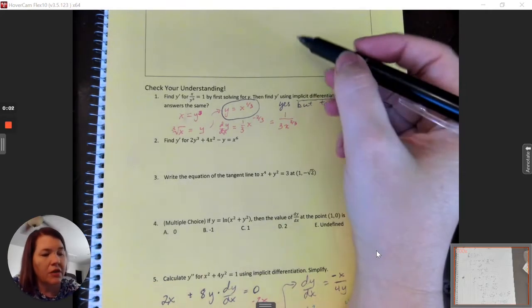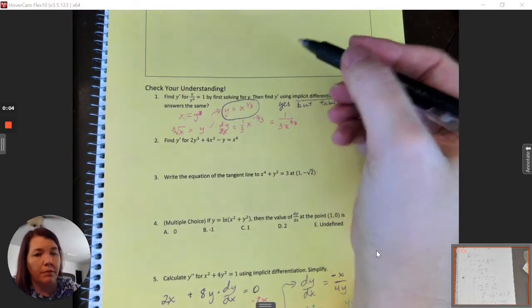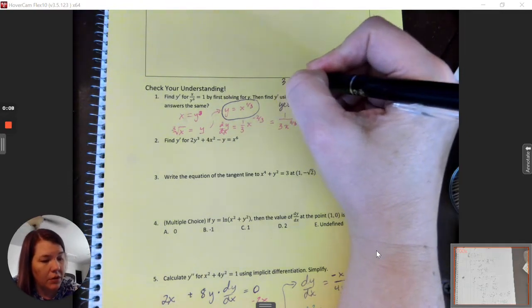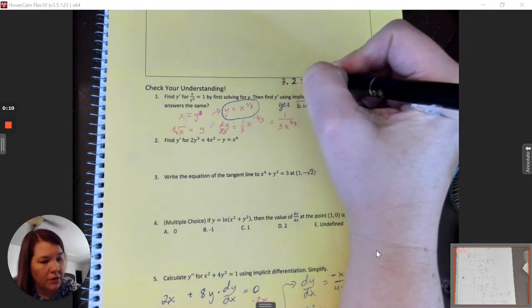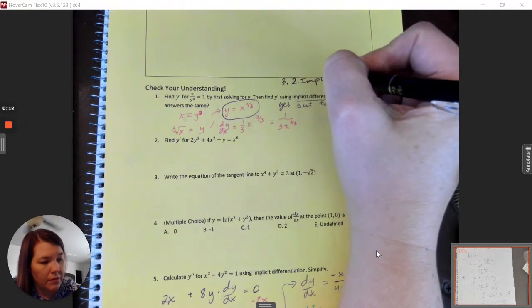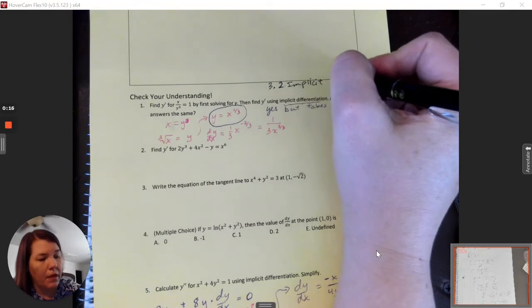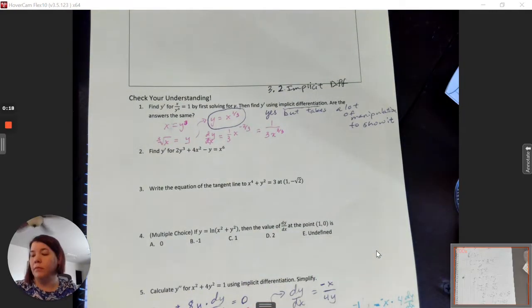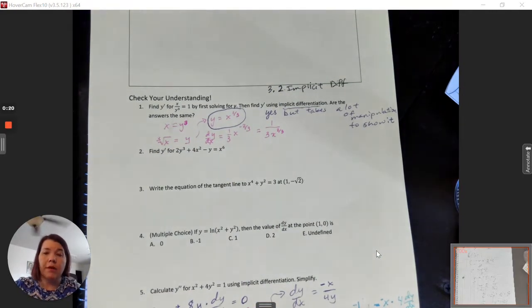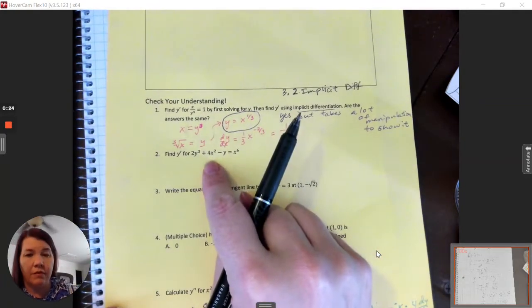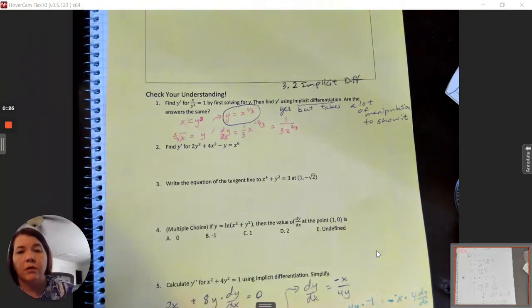So I want to finish the check your understanding from topic 3.2, excuse me, implicit differentiation. Okay. So right here, we have find the derivative of this. That's where we're going to start. Let's go ahead and blow that up